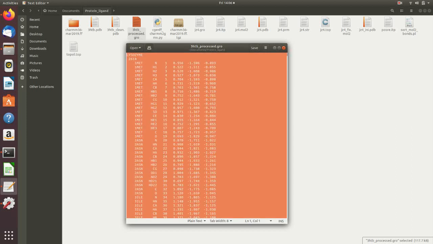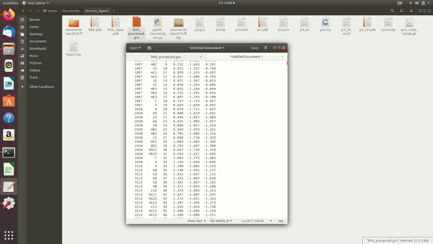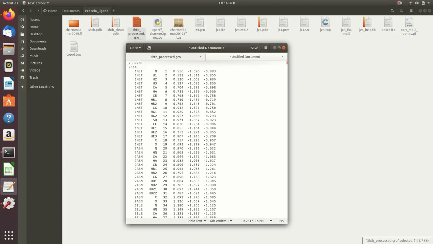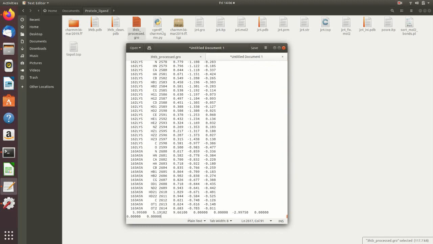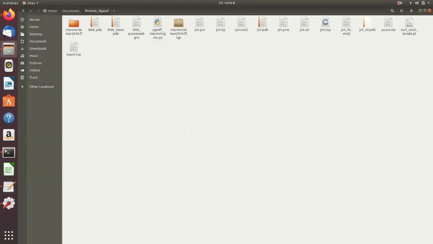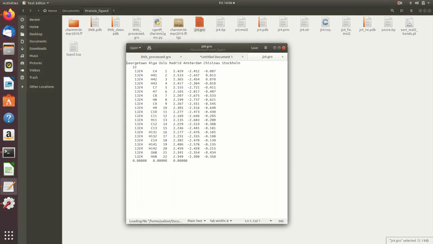We'll have to copy this file and then paste it into a new document. Now since we are building the complete protein-ligand complex, we'll also have to include our ligand coordinates into this.